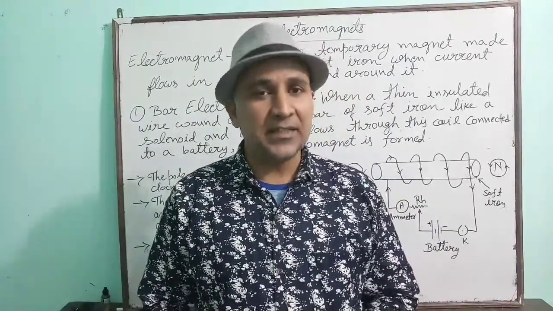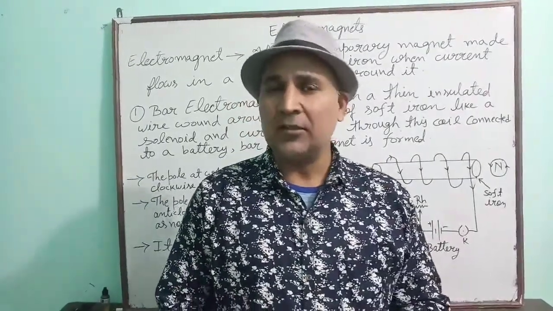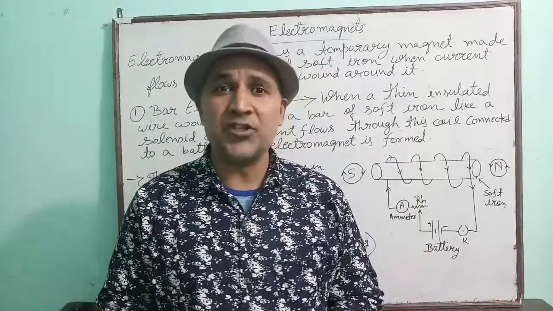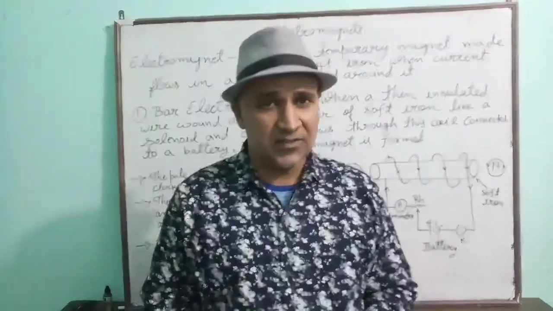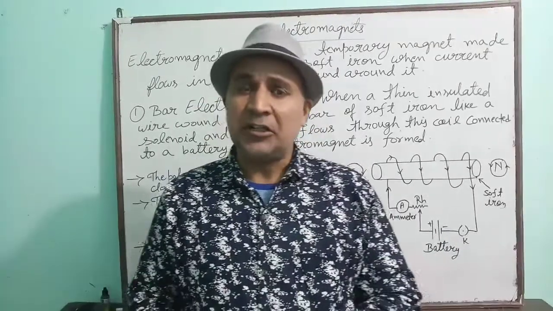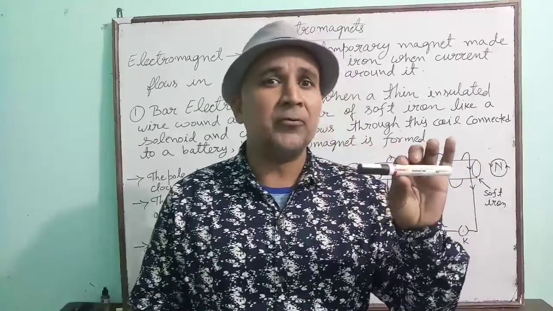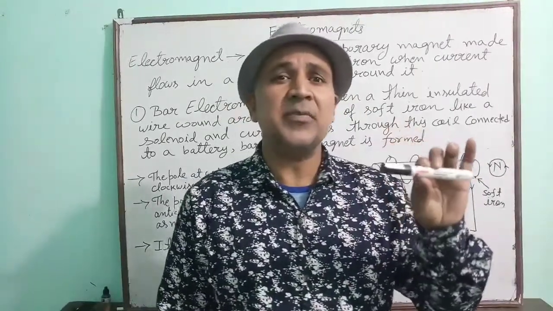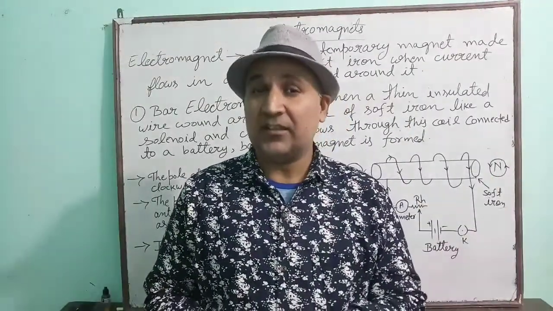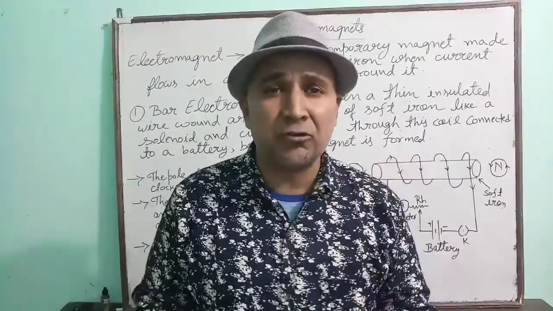We are studying the magnetism chapter. Children, half of the topic we have completed. Now the last topic which we have to study is electromagnets. So children, see what is an electromagnet? Actually, due to the flow of current, a conductor behaves like a magnet, and at that time that conductor is called an electromagnet.